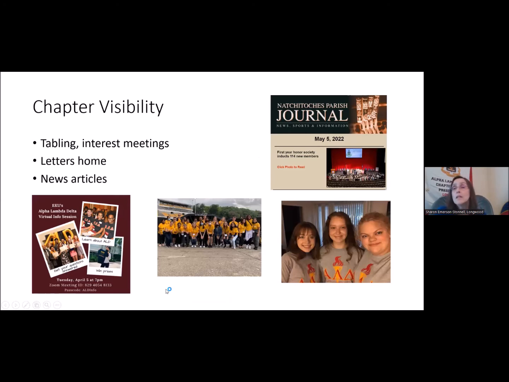Visibility is all about anything you are doing to get your name out there. So for example, if you're tabling across campus, if you are having interest meetings, if you are posting on social media, if you send a letter home, if you have a news article that came out either in the local newspaper or maybe your online school newspaper,